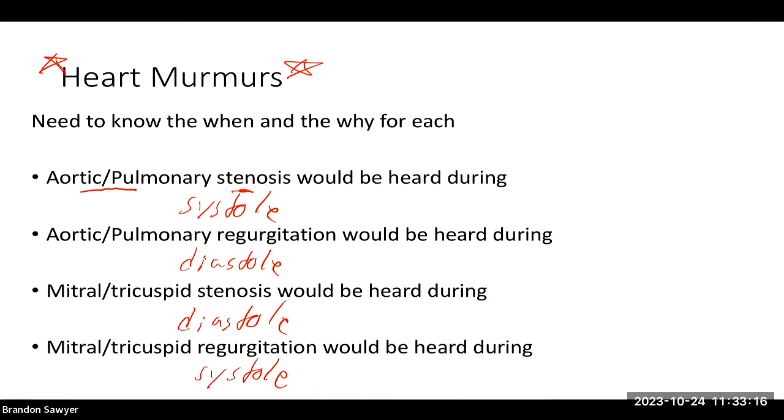Aortic or pulmonary regurgitation, this will be when the blood is coming back and hitting those valves and shutting those valves. Supposed to be shutting them, but they're not shutting all the way. So is this systole or diastole? Diastole, good. Okay, now with our AV valves, our atrioventricular valves, when we have stenosis of those, this is